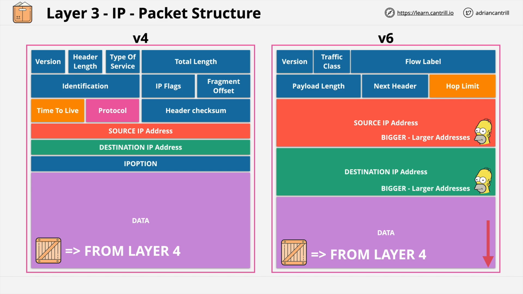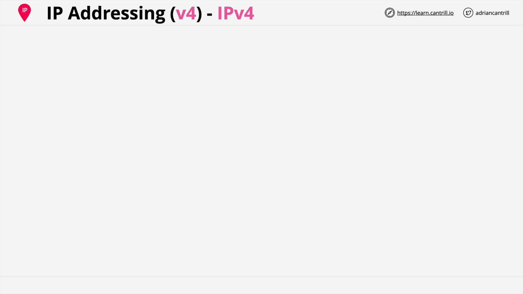Now we've talked about the source and destination IP address of these packets, so now let's focus on IP addressing itself. IP addressing is what identifies a device which uses Layer 3 IP networking. Now I'll talk more about how IP addressing is decided upon and assigned in another video. For now I want you to fully understand the structure of an IP address. In this video I'll be focusing on IP version 4 because I have a separate video which will cover IP version 6 in depth. This is an IP address